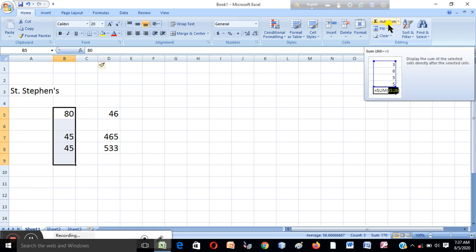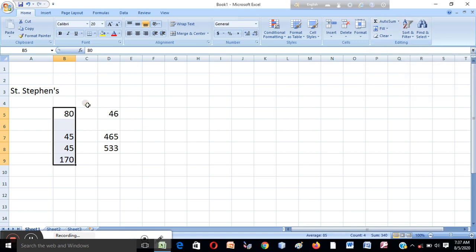If you click here on auto sum, then you will get the total after addition. And you will also see the formula in the formula bar. This is the formula of addition.